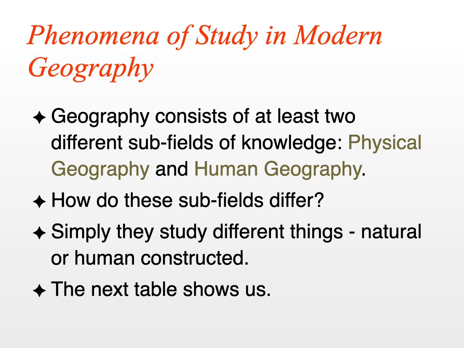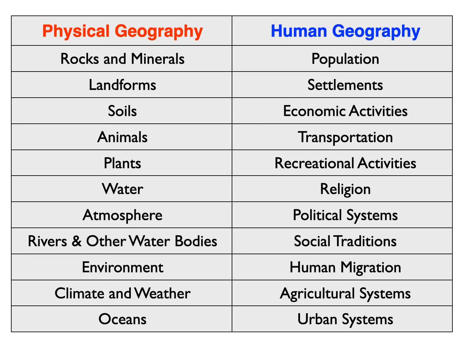Okay, it's time now to sum up some of the stuff that we've learned. And I think it's obvious that 2 types of geography exist: physical geography and human geography. Both of these subject areas are taught at UBC. We should try to figure out how do these subfields differ. And one way that I can sort of explain this to you is by showing you the type of phenomena that is studied in physical geography and in human geography.